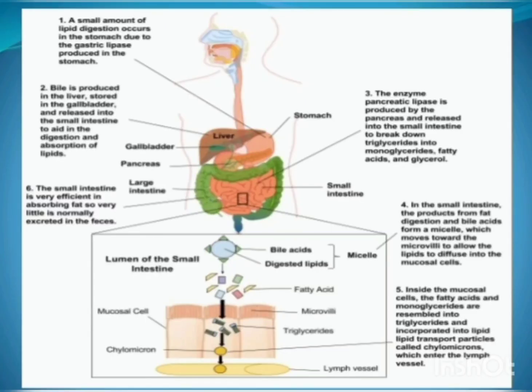The schematic diagram represents how I play a very crucial and essential role in every part of the human body. That is, in the stomach, due to the gastric juice produced in the stomach, lipid digestion occurs. Whereas in the liver, I am stored in the gallbladder and further released into the small intestine to help the digestion and absorption of lipids. I am also found in the small intestine to perform the function of digesting lipids very efficiently, and later the product is excreted as feces. And as I already mentioned, in the pancreas, I am released into the small intestine to break down the fats of triglycerides into monoglycerides and fatty acids.